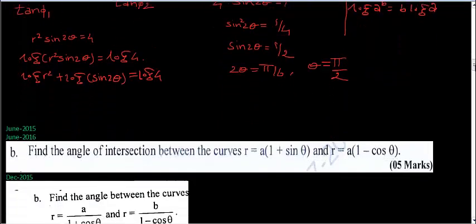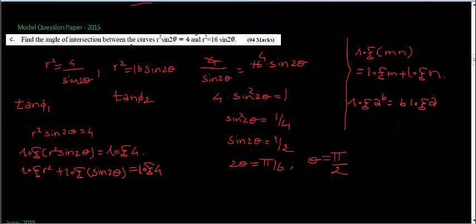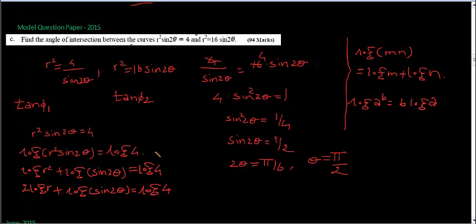So let us make use of this. Let us make use of that property and write this as 2 log r plus log of sin theta, sin 2 theta is equal to log 4. Now if you differentiate this with respect to theta, 2 into what is log r, if you